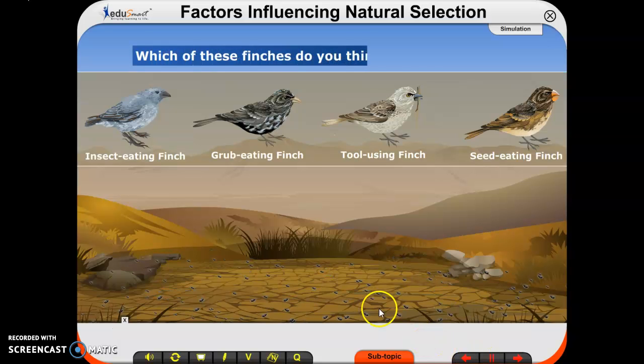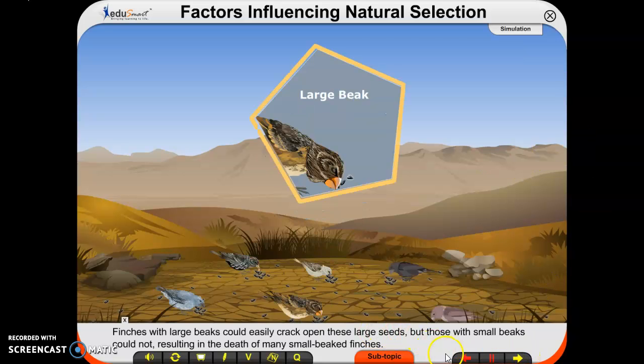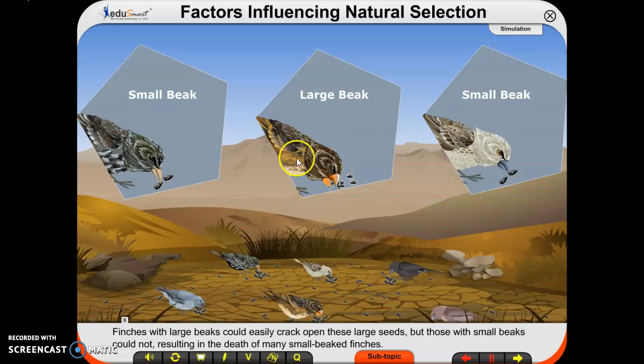So then the other birds with the thinner, pointier beaks were not able to survive. So out of these finches, only the seed-eating finch was able to survive. The other ones died off. So finches with the large beaks could easily crack open these large seeds, but those with small beaks could not. Again, they died. And so therefore the finches with the large beaks were the ones that were able to survive,